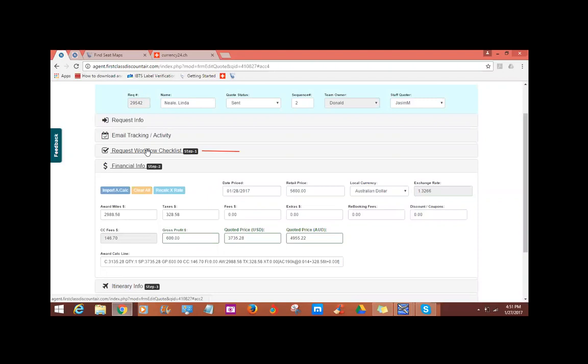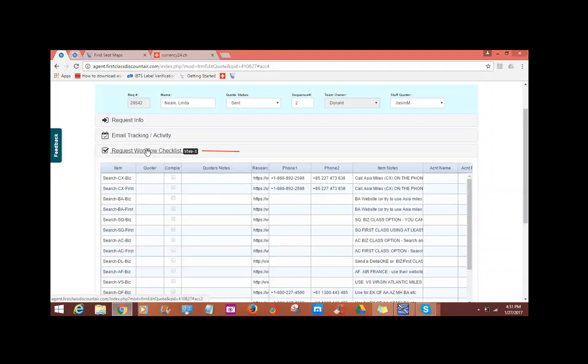But before you ever start working on it, you want to go in there and let everybody know that you're the one that's working on the Asia miles for this, so Crystal doesn't work on it at the same time. If Crystal's name is here already, you double click on it where it says search CX at the top left, double click on the word CX, and it'll open up a little window